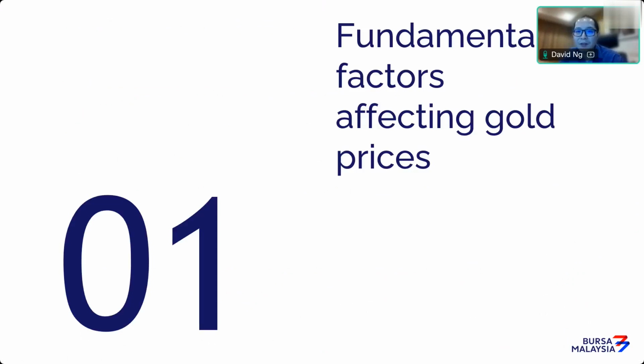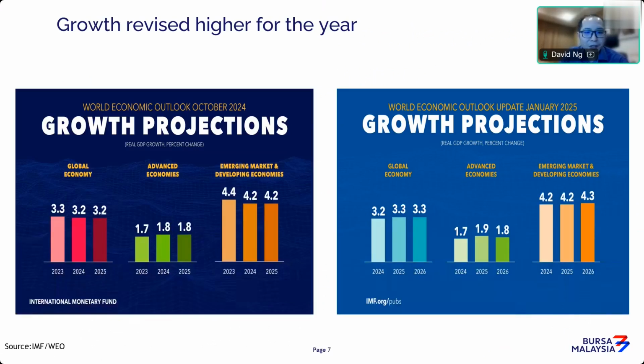So let's just dive into the fundamentals. We start off with gold. Now, gold is very interesting, hitting all-time high levels. In fact, I think 3,000 US dollar per troy ounce is in sight. As we have seen in the past couple of days, gold is inching higher and higher to record levels. So there are a lot of factors that drive the rally in gold prices.